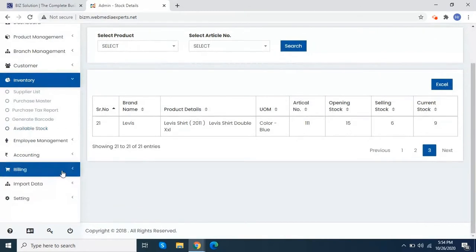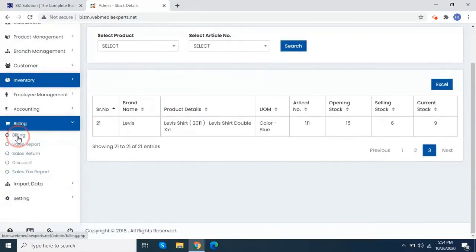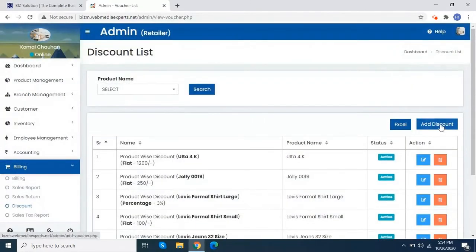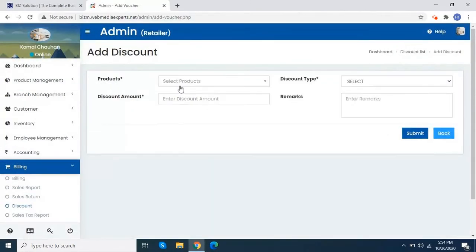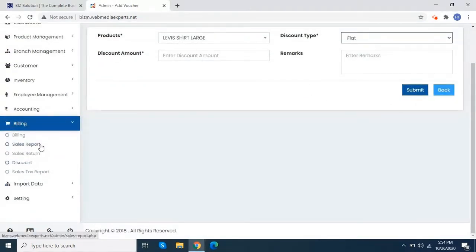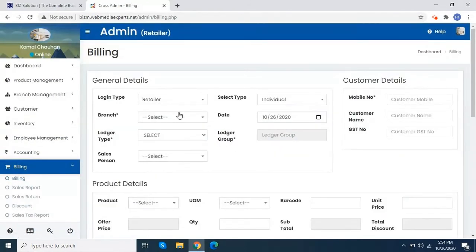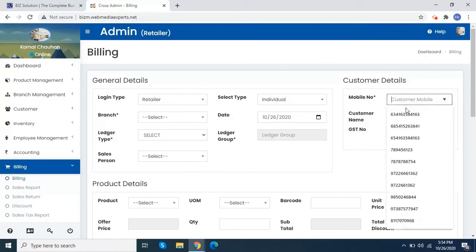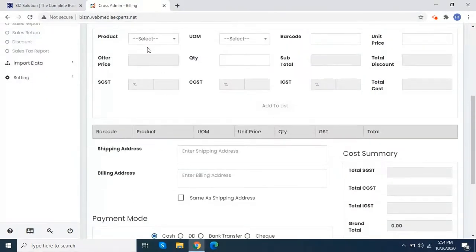In billing module, discounts can be given on any product by selecting the products flat or on purchase basis. In billing, all the details can be viewed product wise with the product purchased.